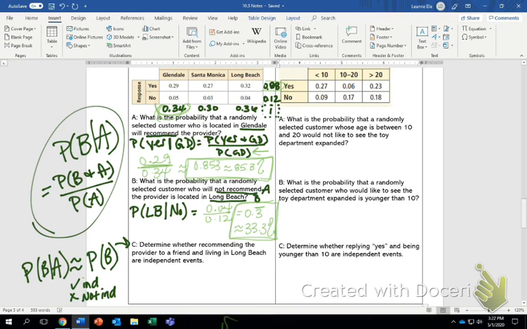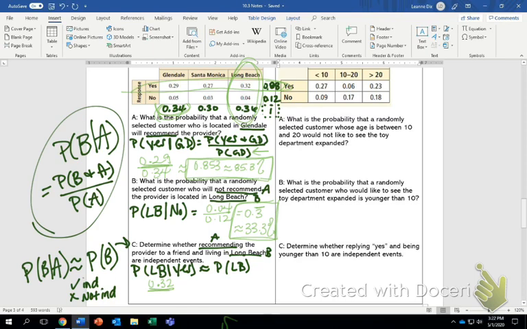Again, our first piece of information is about recommending. That's our A. And the next piece they gave us is that they live in Long Beach. So if I write it, it should be the probability of living in Long Beach given that they recommend it should be approximate to the probability that they live in Long Beach. So now I'm going to plug in my info. All right, my Long Beach, given that they recommend it, that should be the intersection of those pieces of information. So here's my Long Beach, here's my recommendation. That is going to be